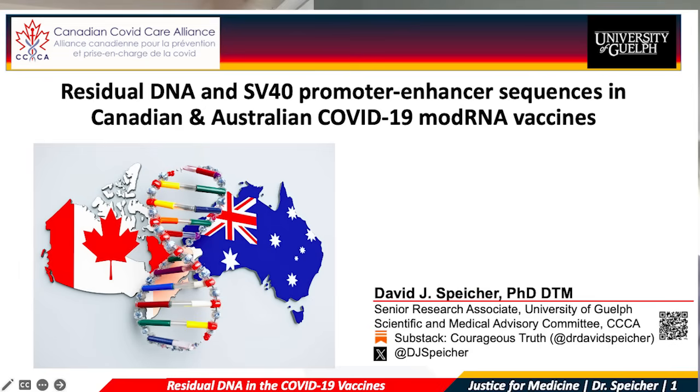Thank you for coming. So you were sent these vials of vaccine from Australia to analyse them for DNA contamination. But there's a background here, isn't there? DNA contamination has been found in RNA vaccines before. They're not supposed to contain DNA, but it's been found that they do, and you've also replicated that finding. Is that basically what's happened? Yes,